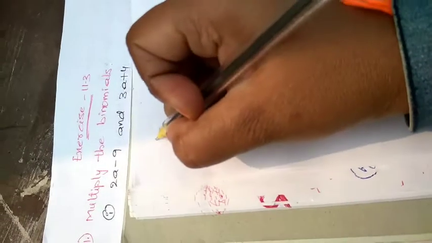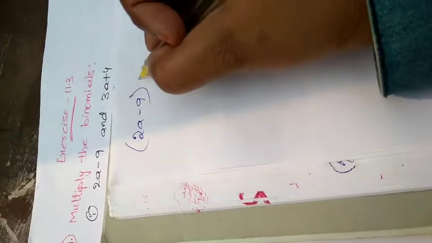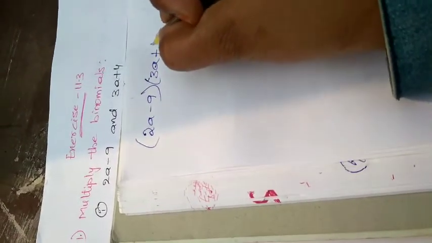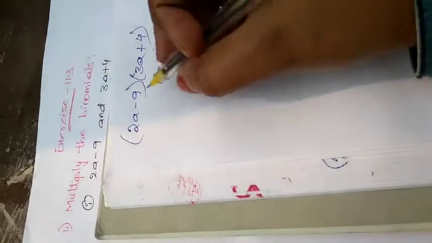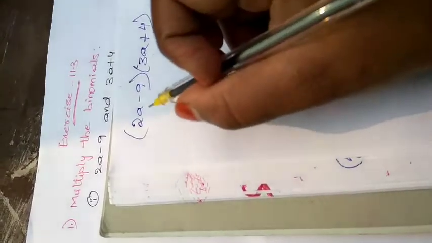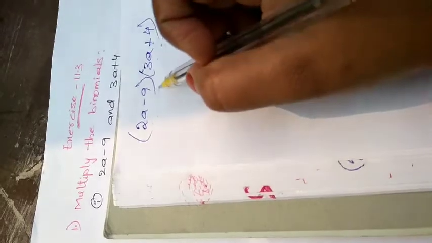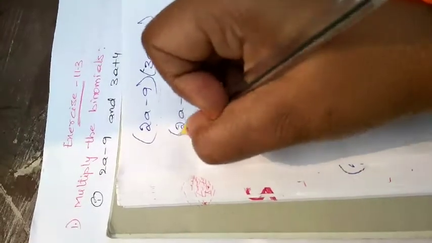Okay. Just multiply means write them in brackets. 2a minus 9 as well as 3a plus 4. Okay. Both are under multiplication. Now simple way, I will explain you this problem in a simple method. No need to worry. See, 2a minus 9, 3a plus 4. What you have to do means take any expression first. 2a minus 9 or 3a plus 4. Take any of the two expressions. So I select 3a plus 4 or 2a minus 9. It is your wish. Let me take 2a minus 9. Okay.